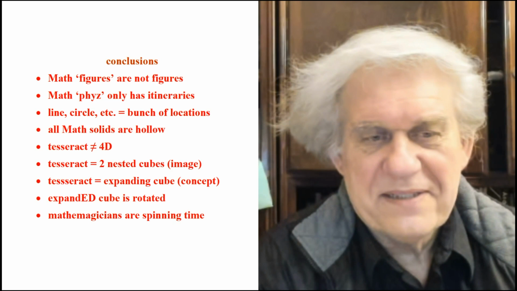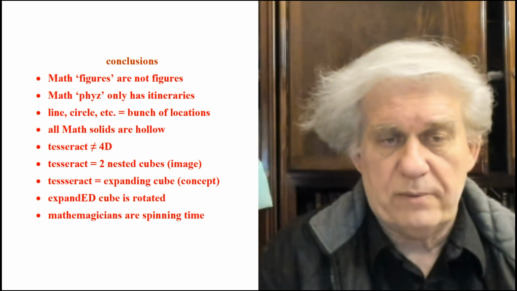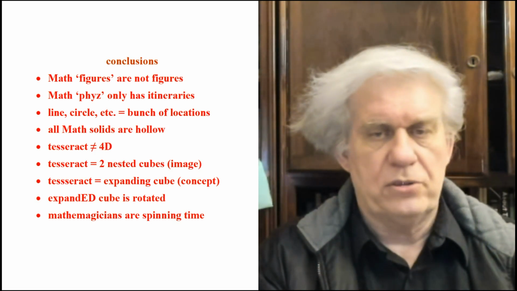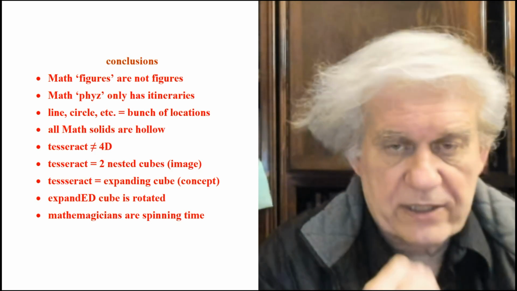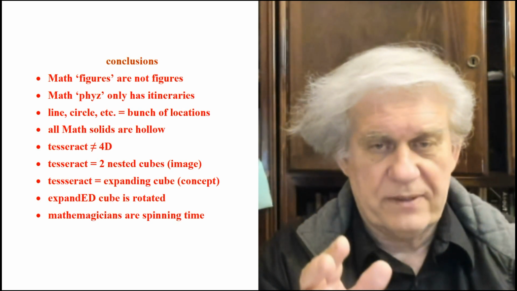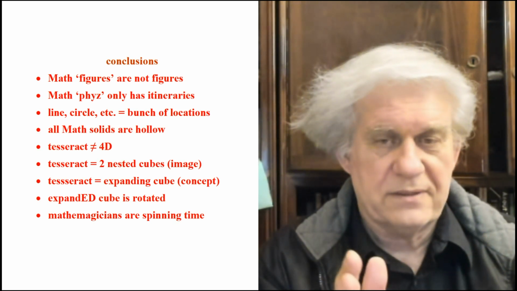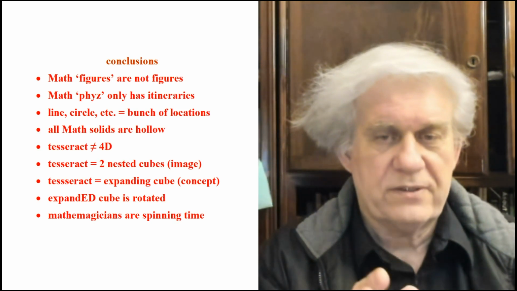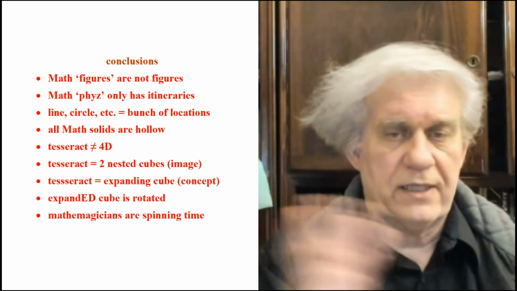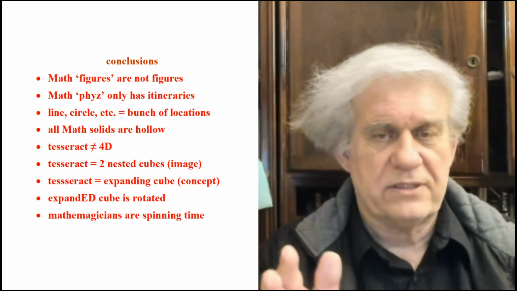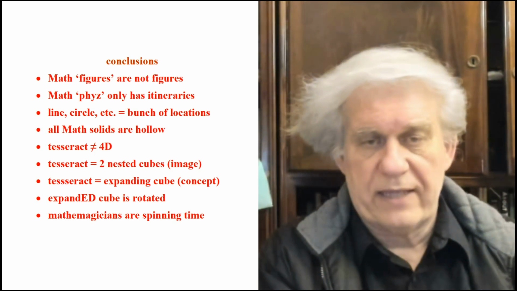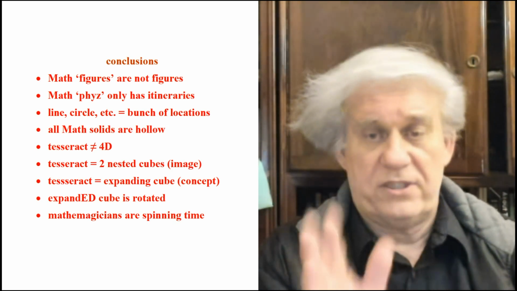Okay? Tesseract, what is it? It's two nested cubes if you just look at the image. Objectively, what you have in front of you is two nested cubes. That's it. But Tesseract, conceptually, what they're trying to represent there is an expanding cube, which is a concept. Because now we're talking about, according to the definition of concept, a word that invokes or embodies two objects. Here you have two objects essentially, because you take the first and the last frame. It's like if you had two different objects, nested, one superimposed upon the other. That's a concept.